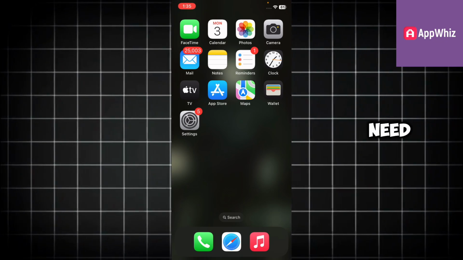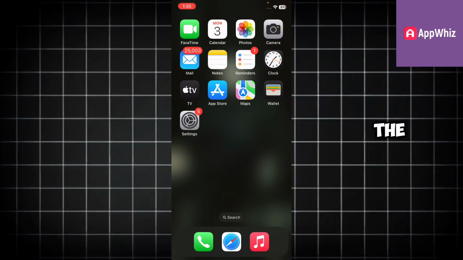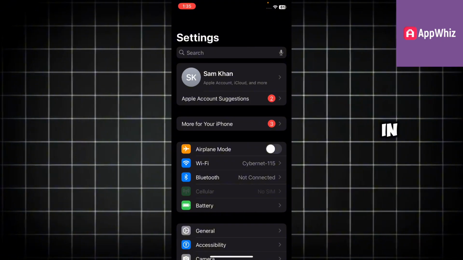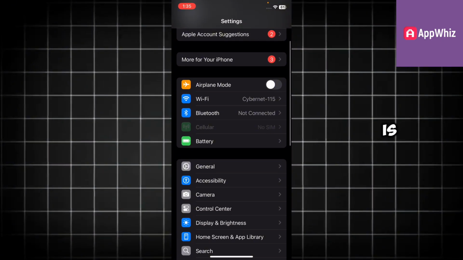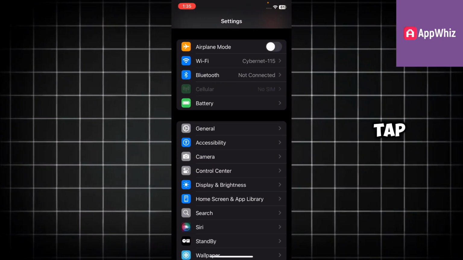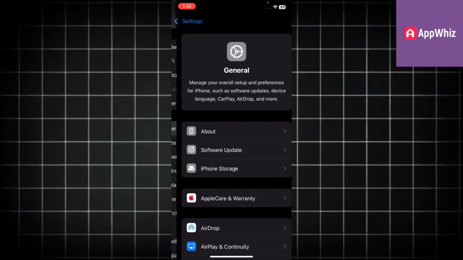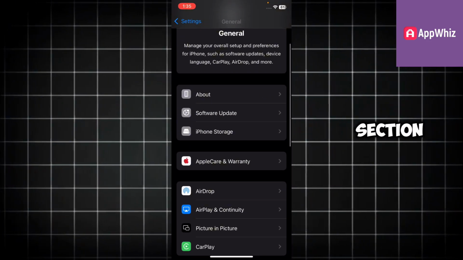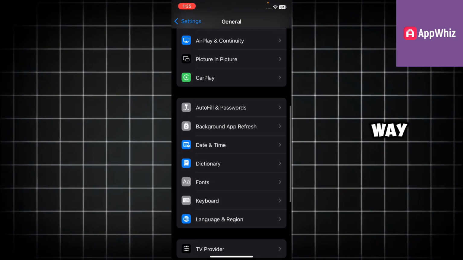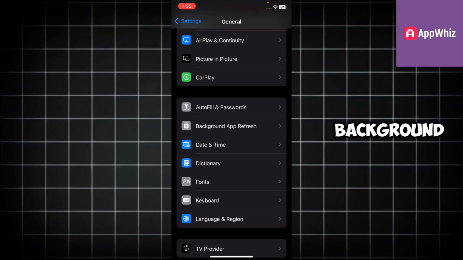The first thing we need to do is go ahead and open the settings app. Here in the settings app, what you need to do is scroll down and then tap on the general section. Here in the general section you need to scroll down all the way and here you can see background app